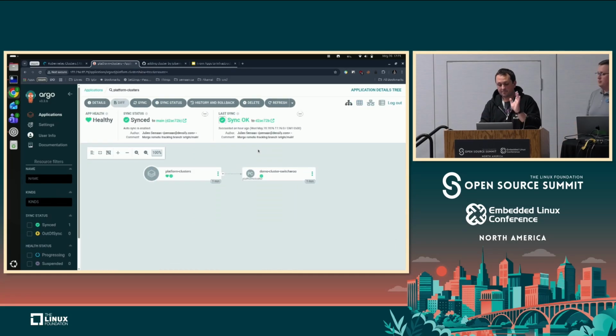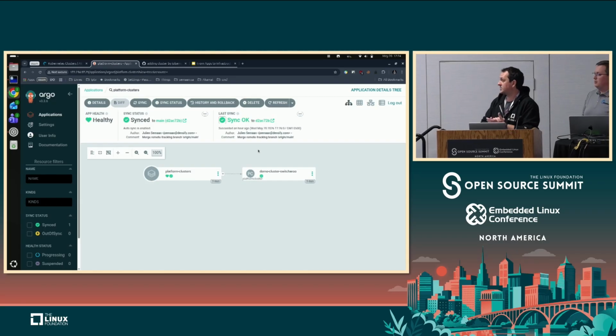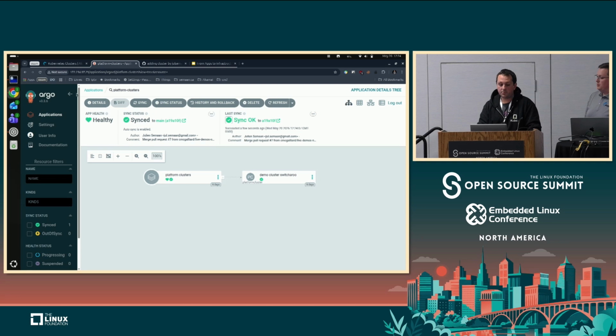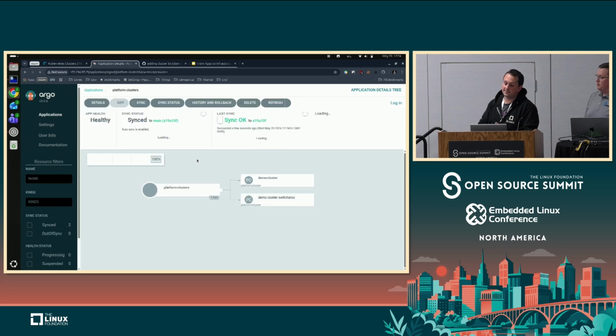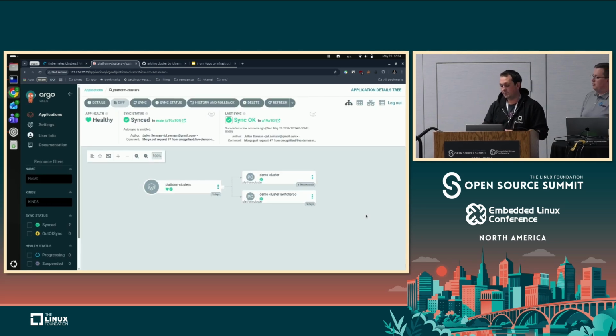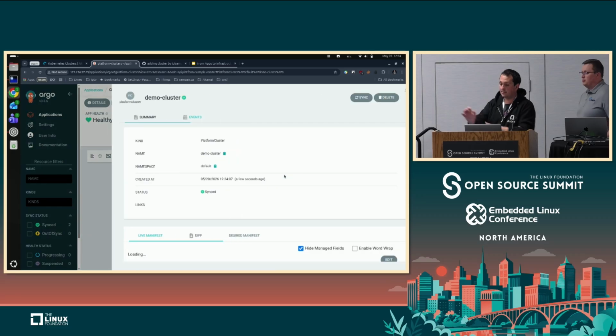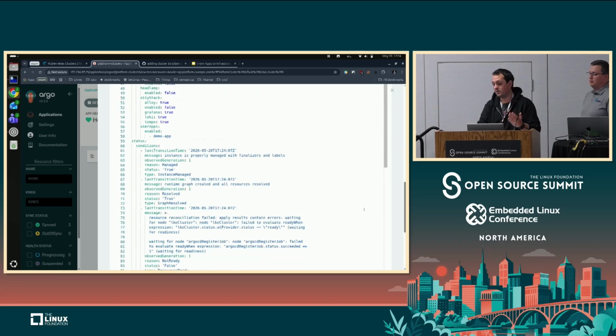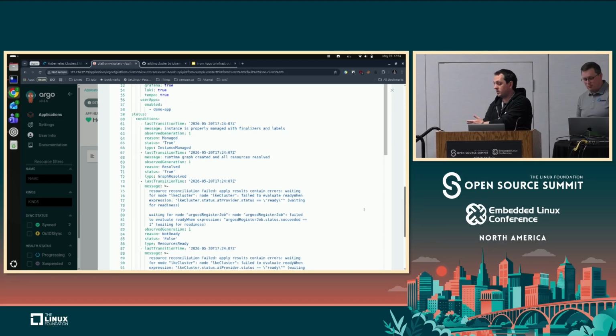Now, this is the Argo application that is in charge of monitoring the directory in which we created our platform cluster. So let's refresh this application. Then, through the power of GitOps, we now have this new platform cluster here. This is the manifest that we created, and Argo CD is monitoring it and has created that in our cluster. So if we switch back to our command line,